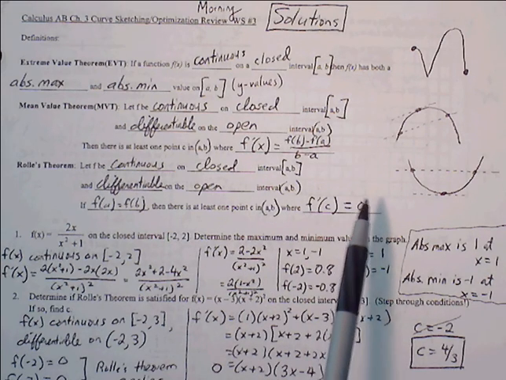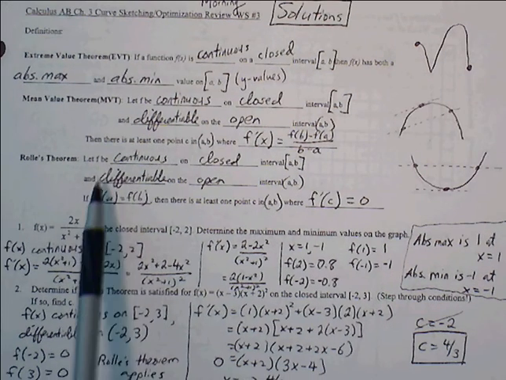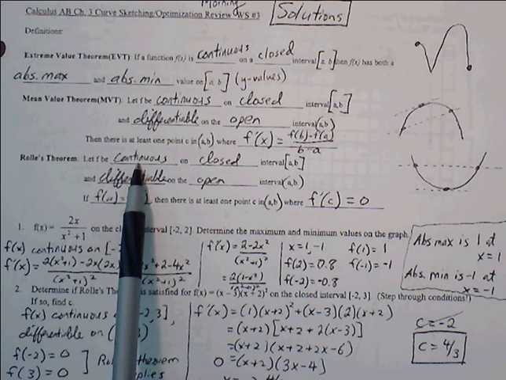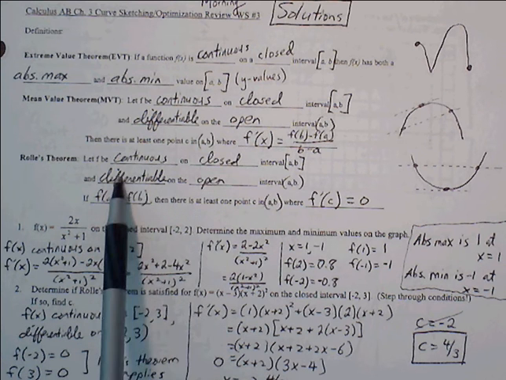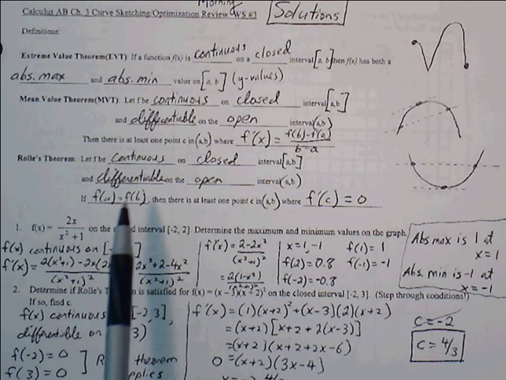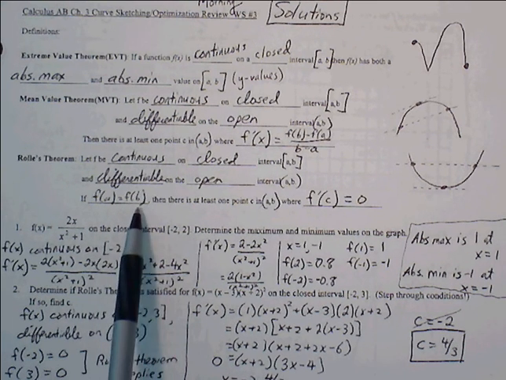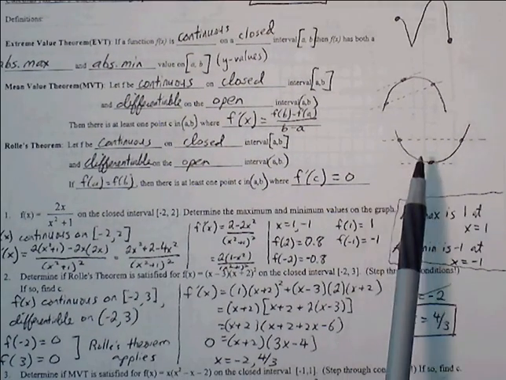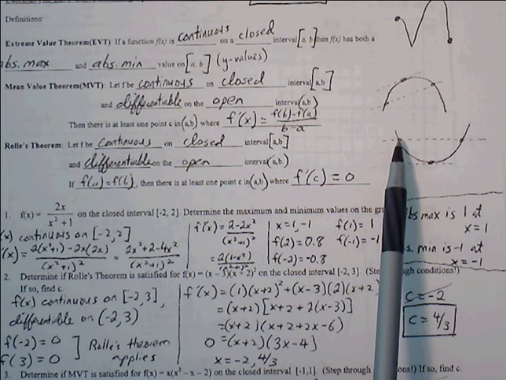All right, Rolle's theorem is a subset of mean value theorem, but there's one more condition. So not only does the function need to be continuous on the closed interval and differentiable on the open interval, but the endpoints have to have the same y value. So we need to test a and b in the original function and make sure they have the same y value, because if they do, then Rolle's theorem applies,